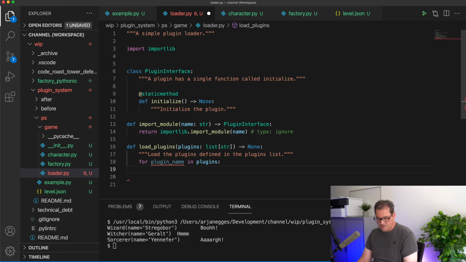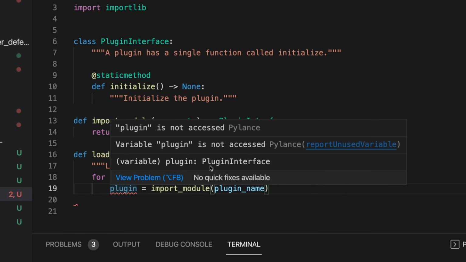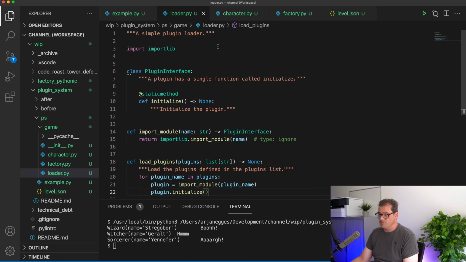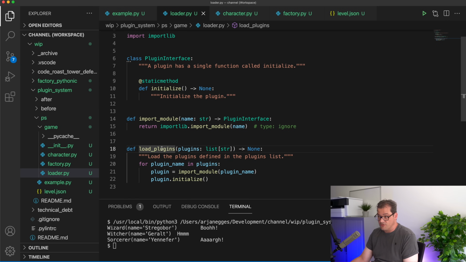Now let's create the plugin by calling that import module function. So now you see the proper type, it's a plugin interface. And of course, because we now have loaded this file, we need to call the initialize method. Plugin.initialize. So this allows us to initialize the plugin when we load it. And basically, this is all there is to it. The only thing we still need to do is to make sure that this load plugins function is actually called